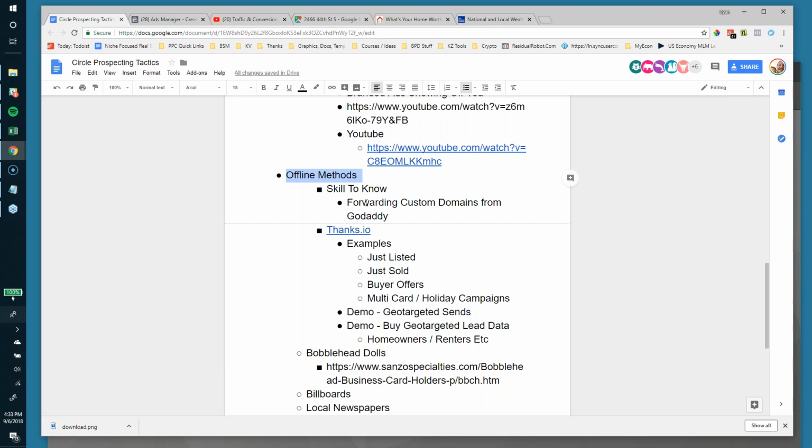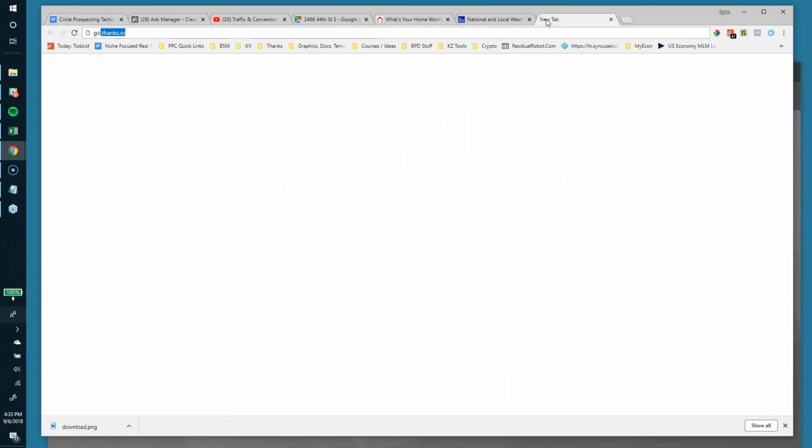The first thing I wanted to bring up, a skill that will be useful to know if we are going to start doing paper ads or sending postcards or doing some of the other ideas here on the doc, is how to buy simple custom domains from GoDaddy and forward them so that you can track your results. I think it's very important to track what our money is being spent on. So if I go to GoDaddy,